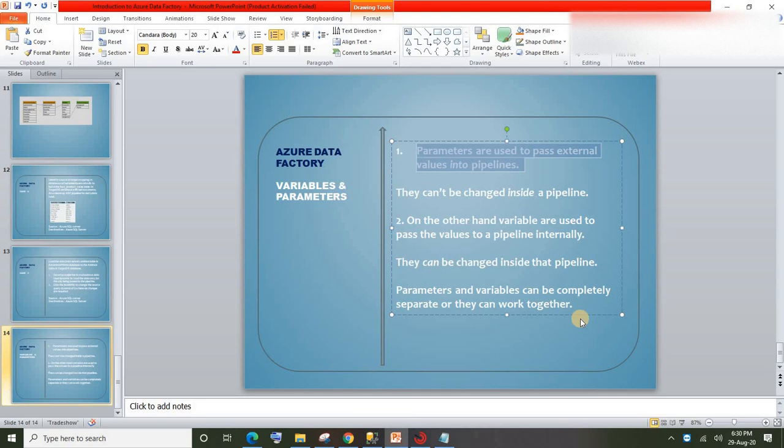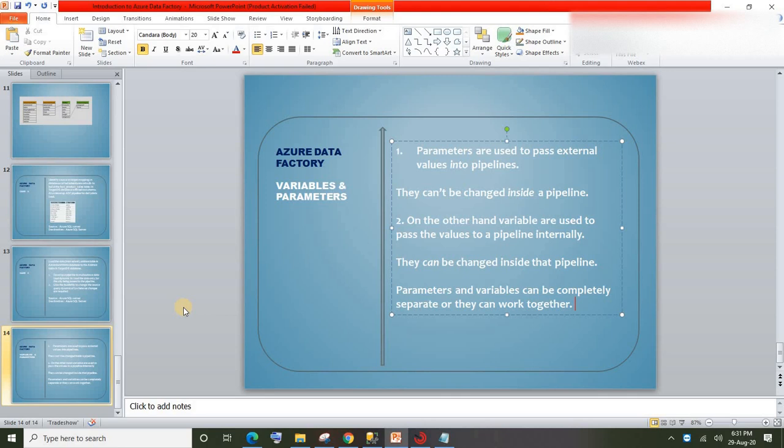Parameters and variables can be completely separate or they can work together. Whenever required, you can combine them, but they can even work separately.